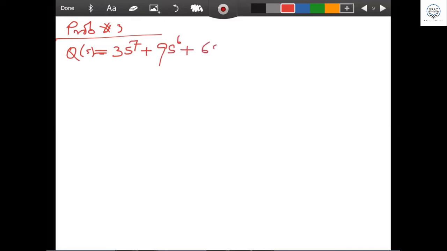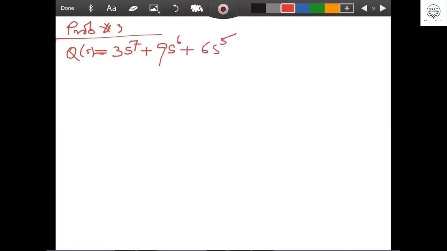Now I'm giving a long polynomial and you can check whether you can go for it faster, but very fast. All of you should be very fast. Problem number 3, and then we'll jump to the special problem. Okay, Q(s) is given there as 3s^7 plus 9s^6 plus 6s^5